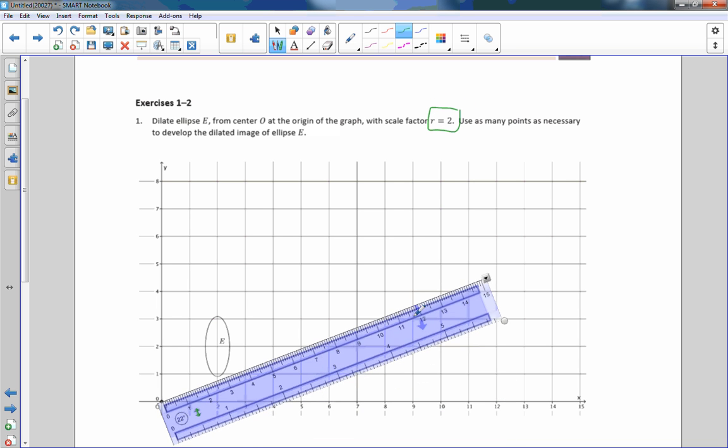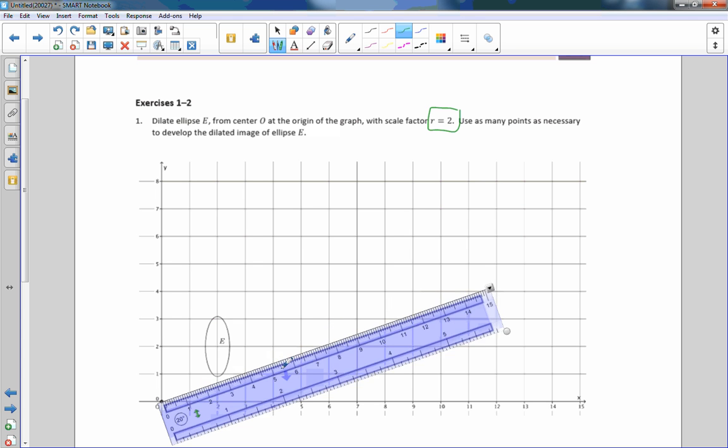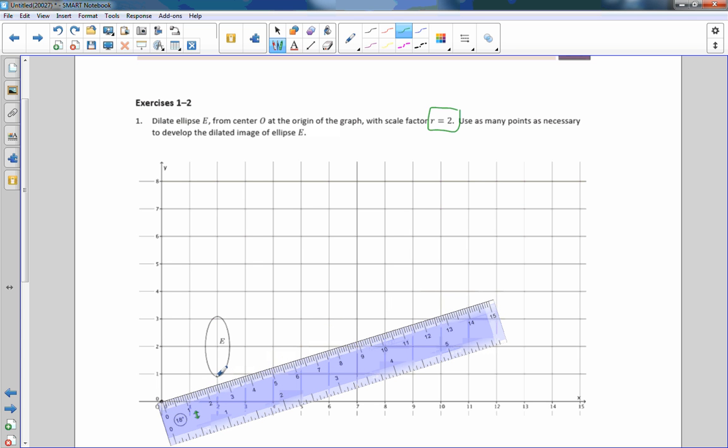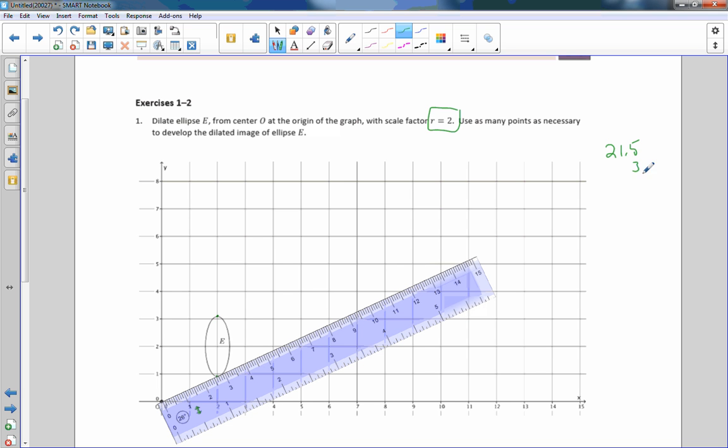the origin. So if I put my ruler down here, the first thing I want to find is this point here and this point here. I want to find the top and bottom of this, the highest and lowest point. And if I bring this ruler up here, again, I want to be really accurate. That's between 21 and 22 millimeters. So I'm going to call it 21.5 millimeters times 2. We're doing times 2 this time. 21.5 times 2